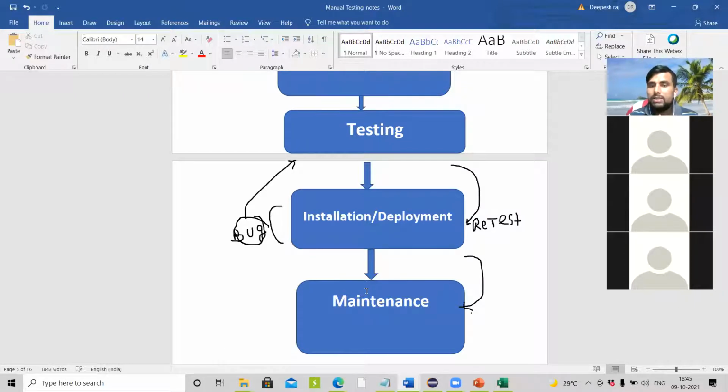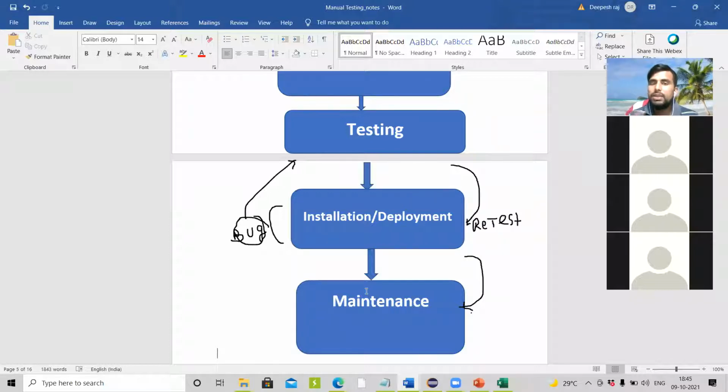After that, please listen carefully. I will ask someone to explain this process, each and every phase. Please listen very carefully, because in interviews, the first question they ask is, what is SDLC in manual testing? Even if you go as an experienced candidate, they will ask what is SDLC. So you have to explain it neatly. It is not a simple one-line definition; you explain the entire process of the software development life cycle.